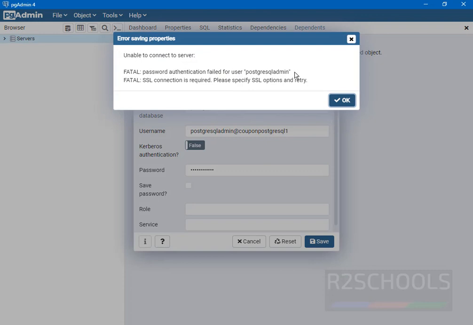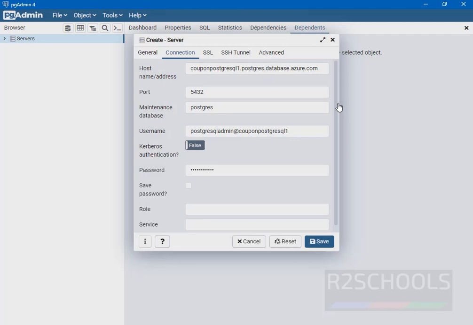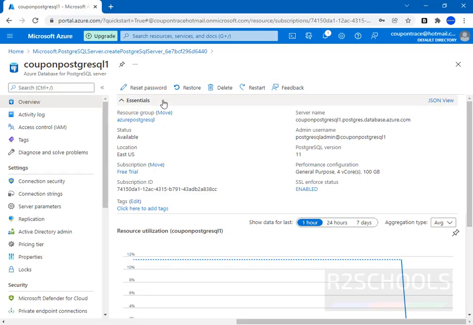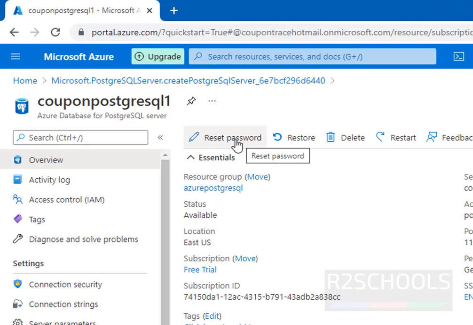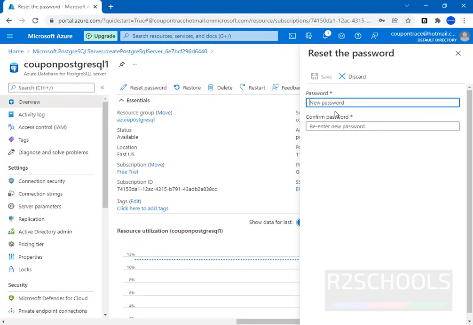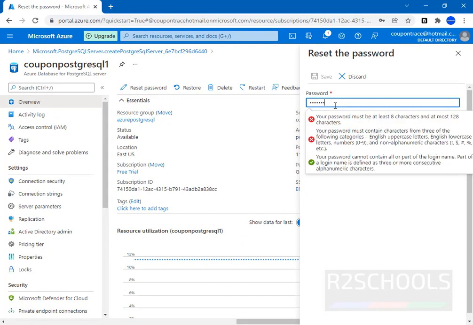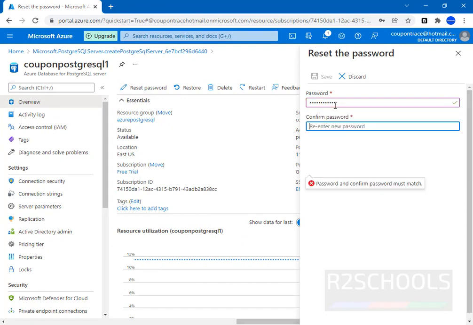You got the error, password authentication failed. Provide the correct password. Or if you forgot the password, go to the portal and reset it. Just click on this Reset password. Save it.